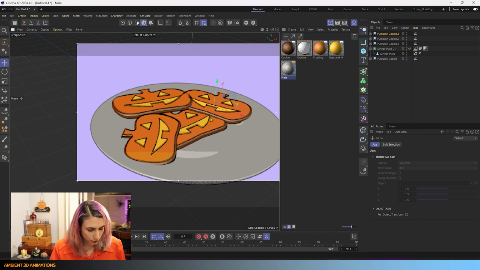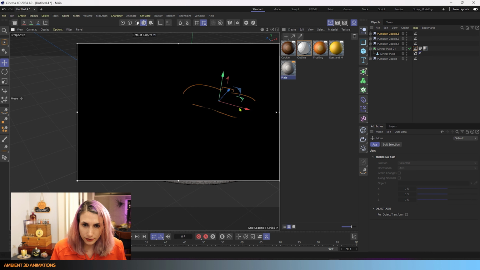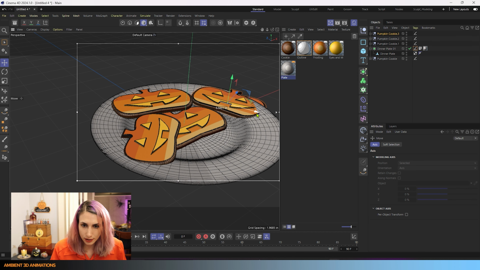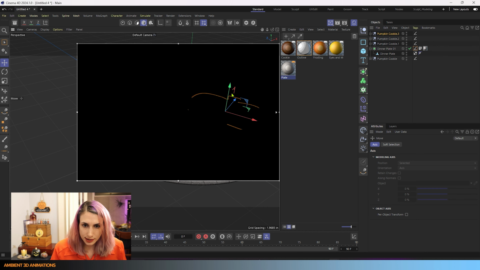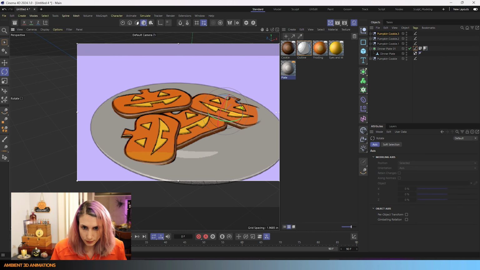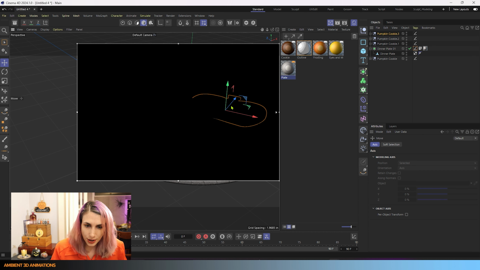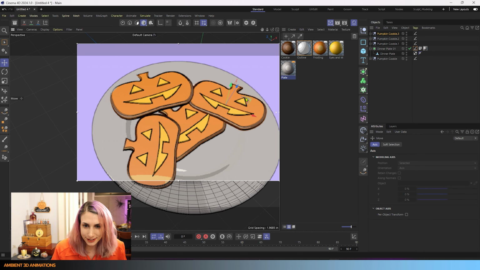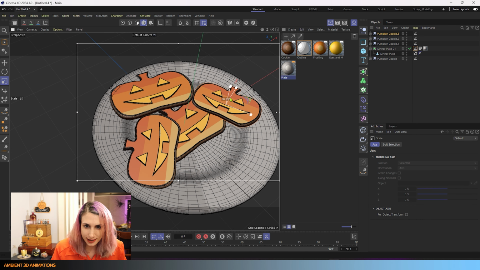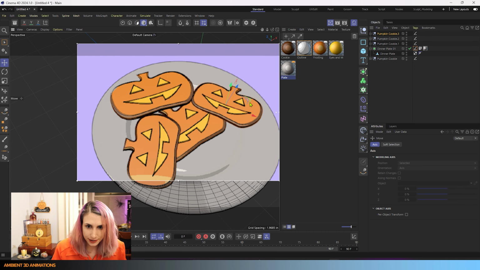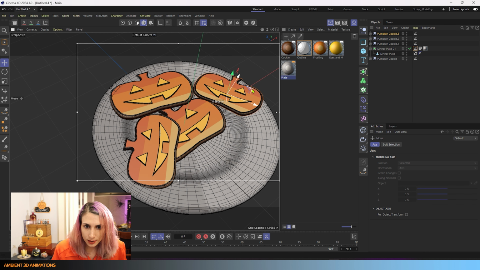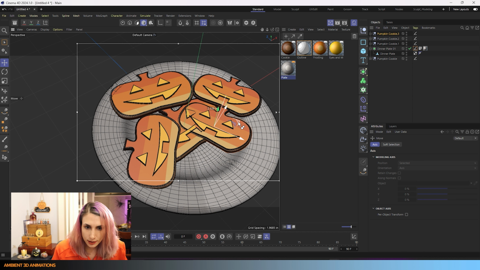I show how to create a basket of French fries for a diner, and that renders quite a bit more realistic than this one here. This one's more of a cartoony style, which, you know, there's no one right style to work in. You get to be experimental and try them all and have fun. And that's really what it's all about.